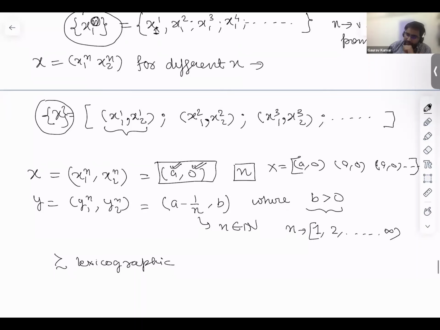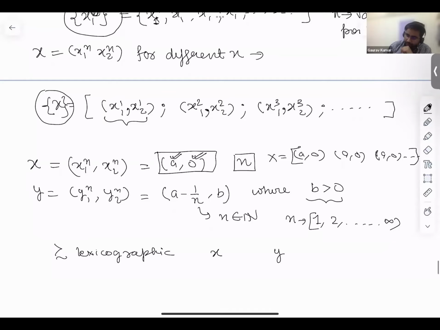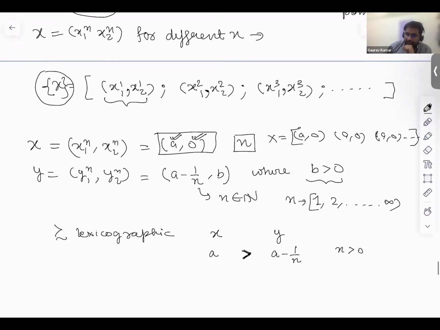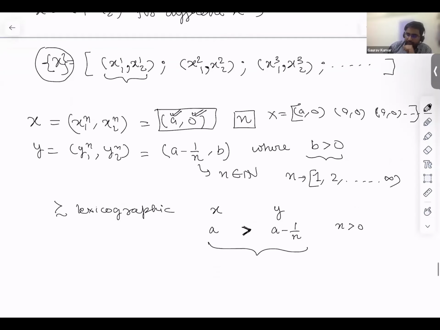When you compare the first element in x and y, the first element in x is a and the first element in y is a minus 1 by n. Since n is always greater than 0, we can clearly say that a is greater than a minus 1 by n. And hence what we can conclude is,